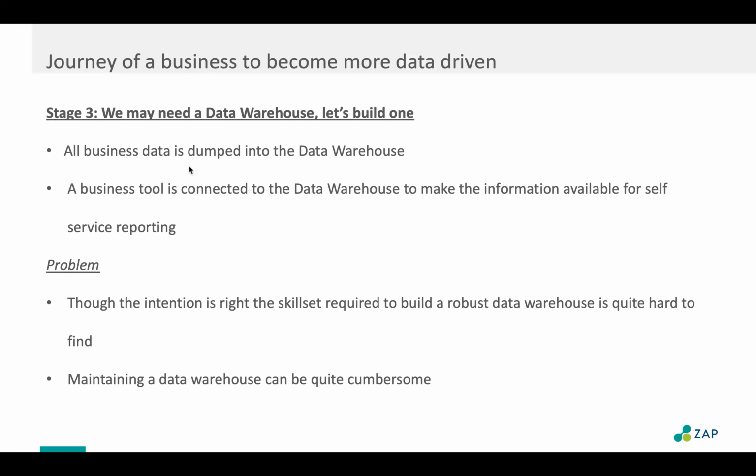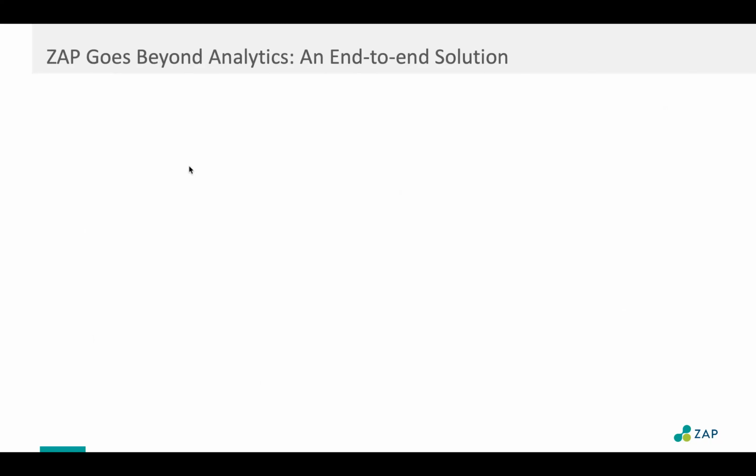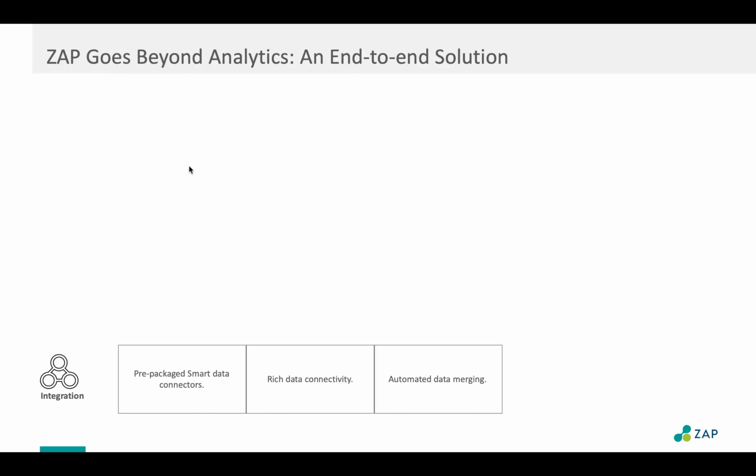But fundamentally, having a data warehouse as this middle piece between your sources of information, be it your ERP, Excel, CRM, HR, and so on and so forth, and your output towards a reporting solution, that piece gives you the possibility of a scalable reporting solution. So if I talk that in context of ZAP, how does ZAP actually work? How does ZAP deliver on this? The first step, and we call it data management and BI tool, end-to-end solution, is data management. Data management is where the data warehouse is. But what are the elements that are involved in data management?